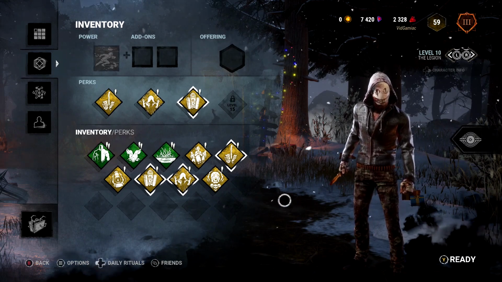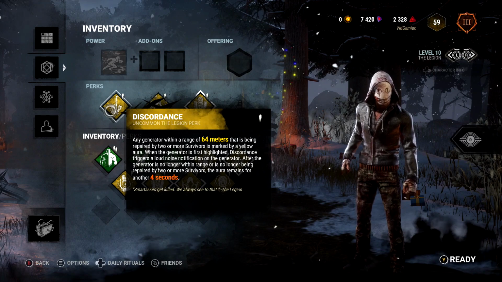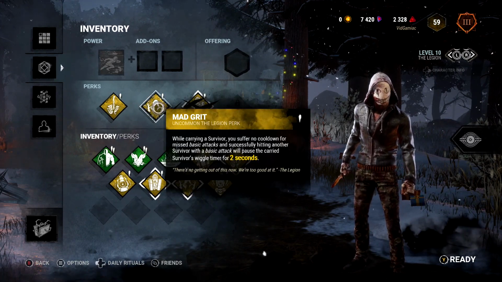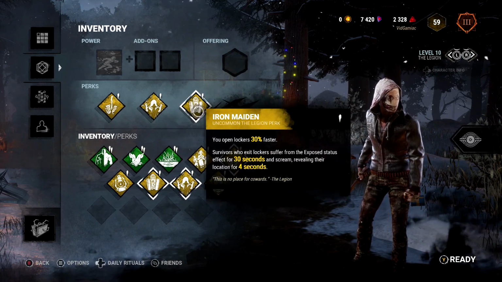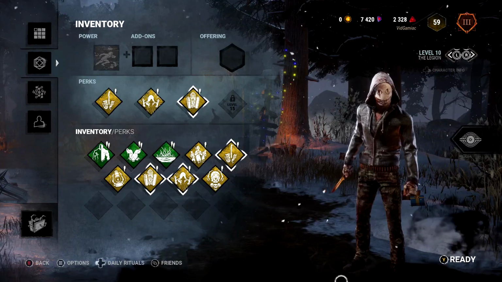3 perk slots. The 3 perks you want to equip and only equip are going to be Discordance. Then you are going to want Mad Grit, and then finally Iron Maiden. Leave the 4th slot empty if you have that available to you. Do whatever you want for add-ons or offerings, and then once you have your setup ready, make sure you start